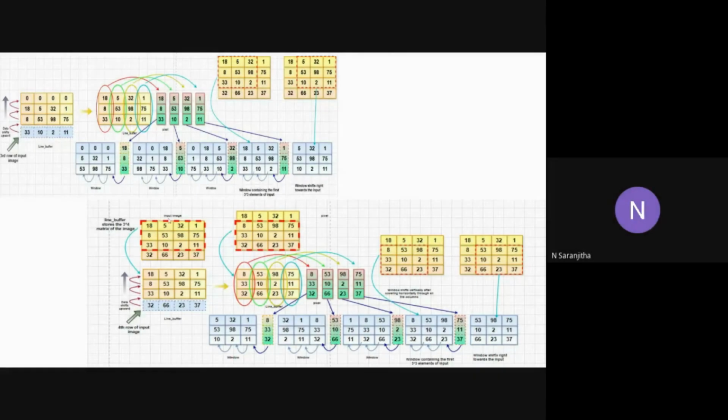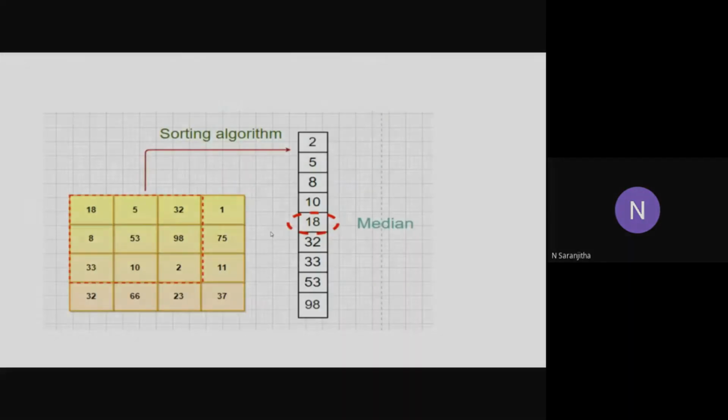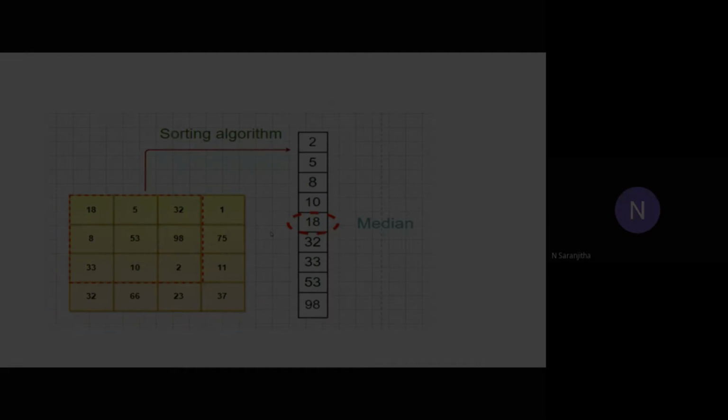So in this way, using only the line buffer, window and pixel array, the entire manipulation of data is carried out. The data from the input is accessed only once, thereby reducing the hardware resource utilization to a maximum extent, and hence we could overcome our problem in this way. The next sorting algorithm will be explained by Sayan.